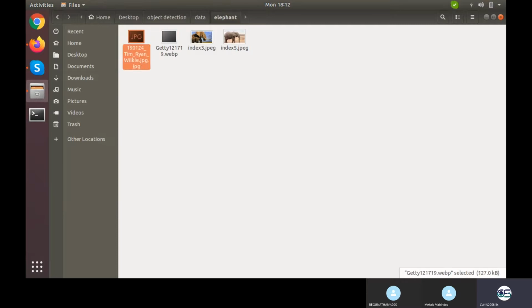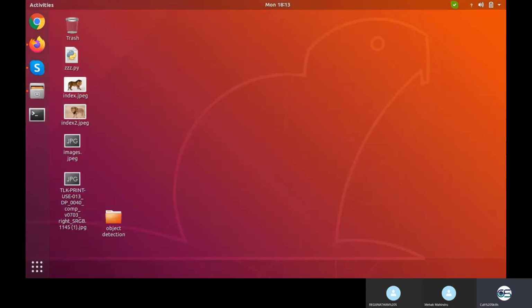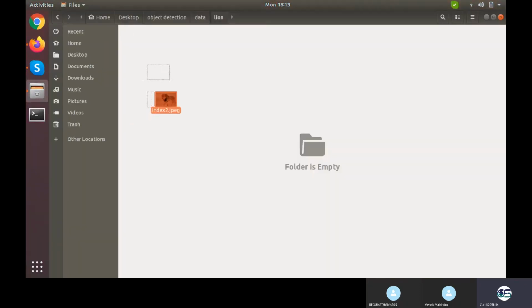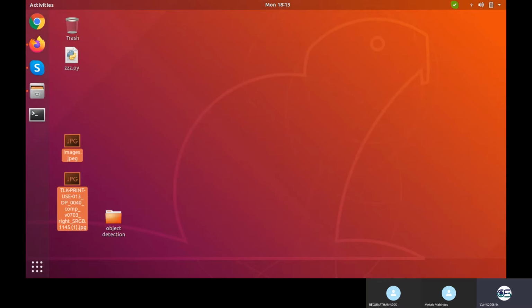So let's just delete these 2 images, I guess they are not working, and download some other ones. So we have 2 for elephant, 3 for giraffe, and 2 for lion. Let's take these only, 2, 3 and 2. This will be enough for our prototype.